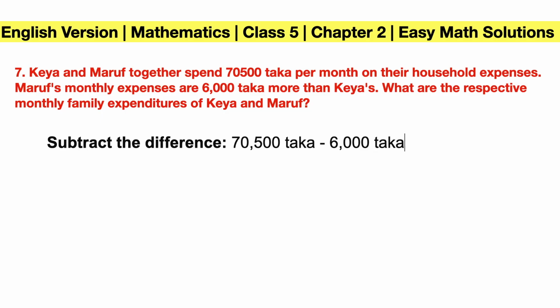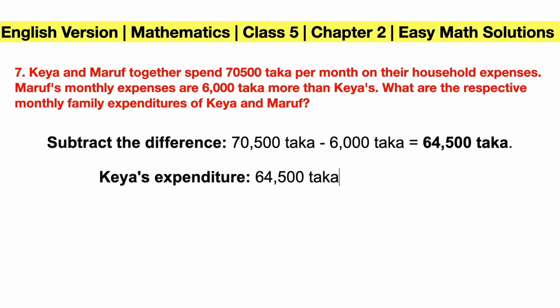Then Kia's expenditure will be 64,500 taka. This is both Kia's expenditure. 64,500 divided by 2. Hence there are two, Maruf and Kia. So Kia's expenditure